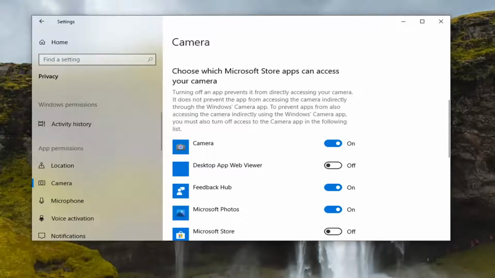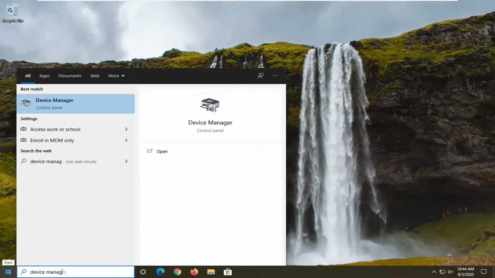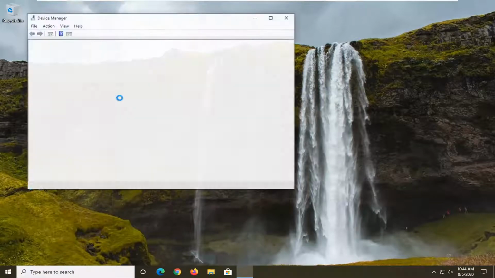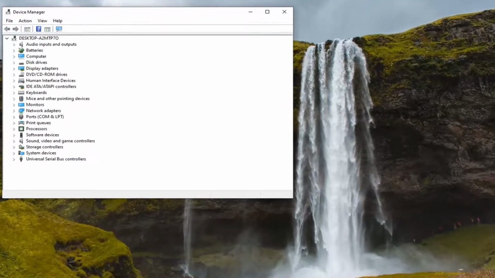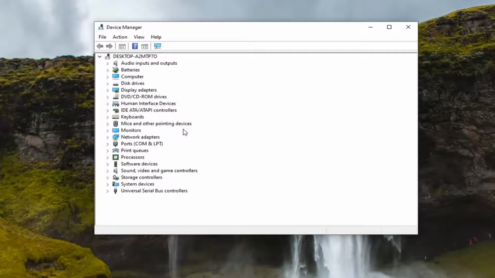Another thing you can do if you're still having a problem would be to close out of here, and then open up the start menu and type in device manager. Best result should come back with device manager. Go ahead and open that up. In here you want to look for something that says imaging devices or camera perhaps, but you probably would say imaging devices. I don't have one in here,